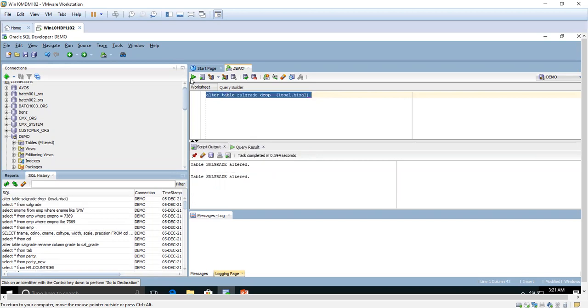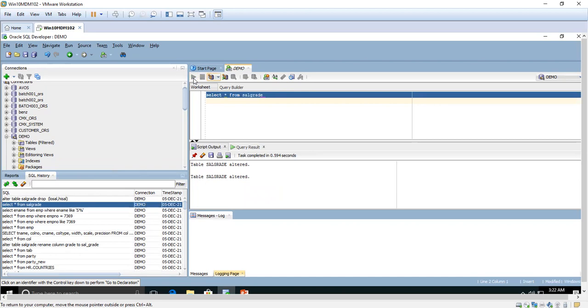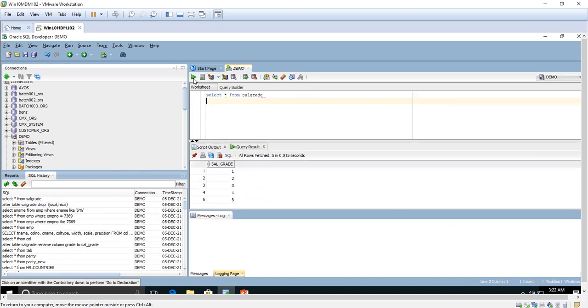See, it shows table sal grade altered. That means it dropped the two columns. We will check now. I typed it already, so no need to write the query again. Now we are able to see only one column, that is sal grade. That means the statement we have given dropped the two columns, high sal and low sal,